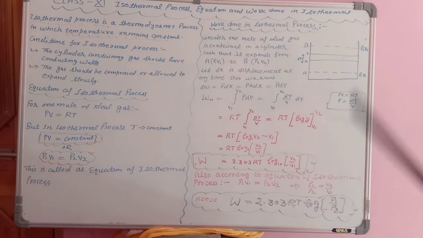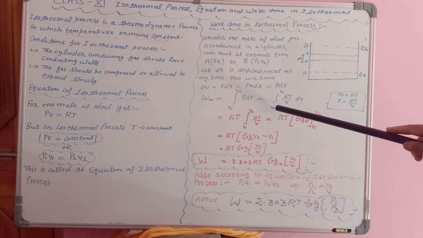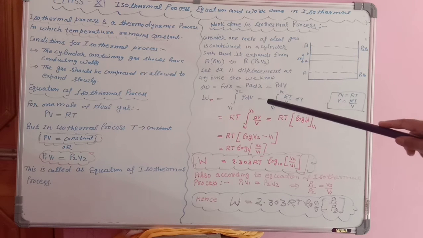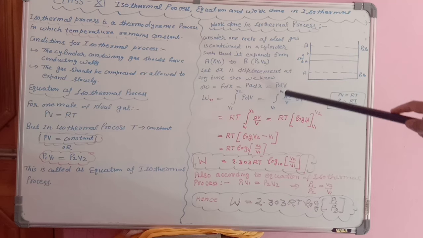Okay, so I want to calculate W. So I told you so many times, अगर आप small thing से बड़ी निकालना चाहते हैं, means you want to calculate W from dW, then we need to integrate. So W is equal to integration V1 to V2 P dV is equal to integration V1 to V2 RT upon V dV. Now from where did this RT upon V come? Students, you know that the ideal gas equation is PV is equal to RT. So P is equal to RT upon V. Okay, so put this value of P in this equation. So RT upon V dV.